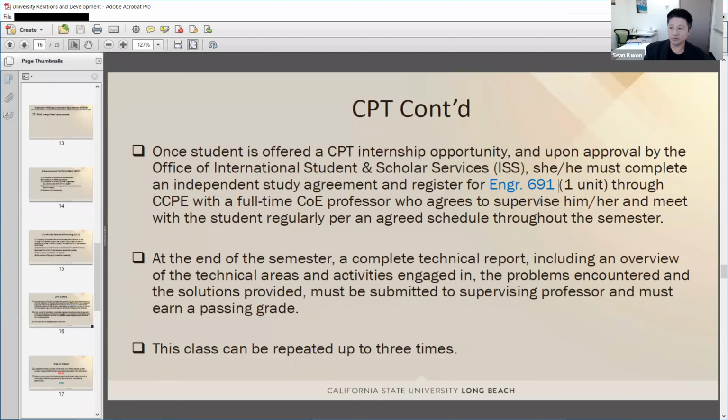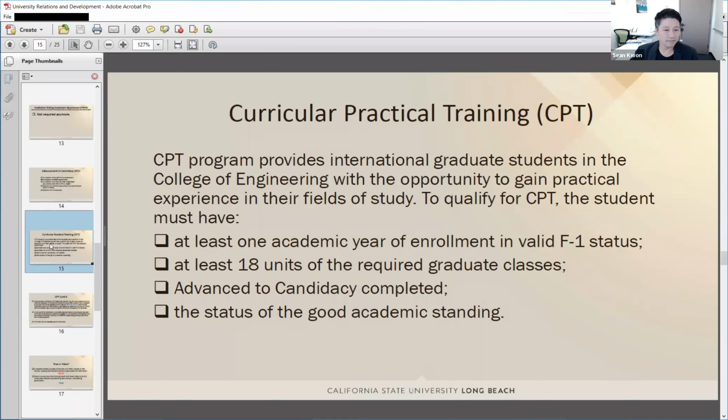Of course, you can perform your internship in summer, in spring, or fall. Any question about the CPT? This is a good opportunity for you to have some industry experience, especially for international students.